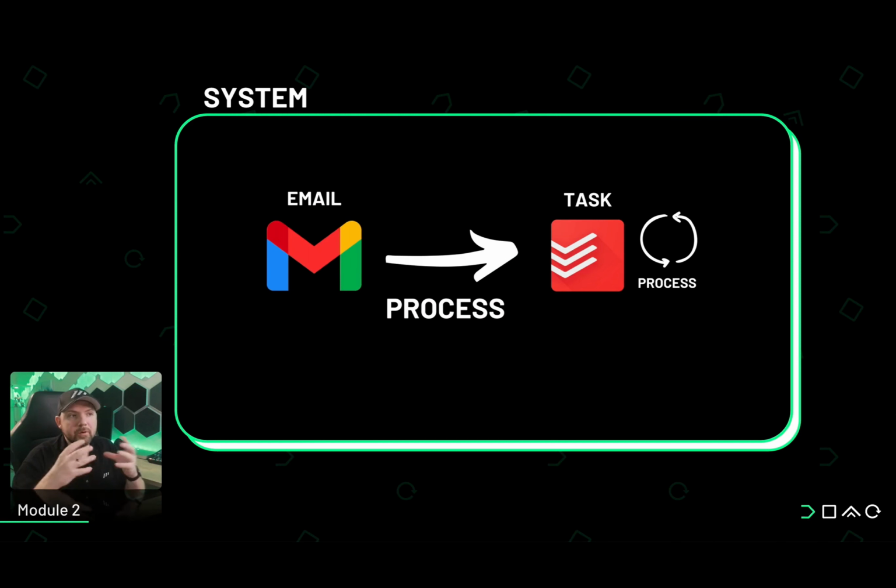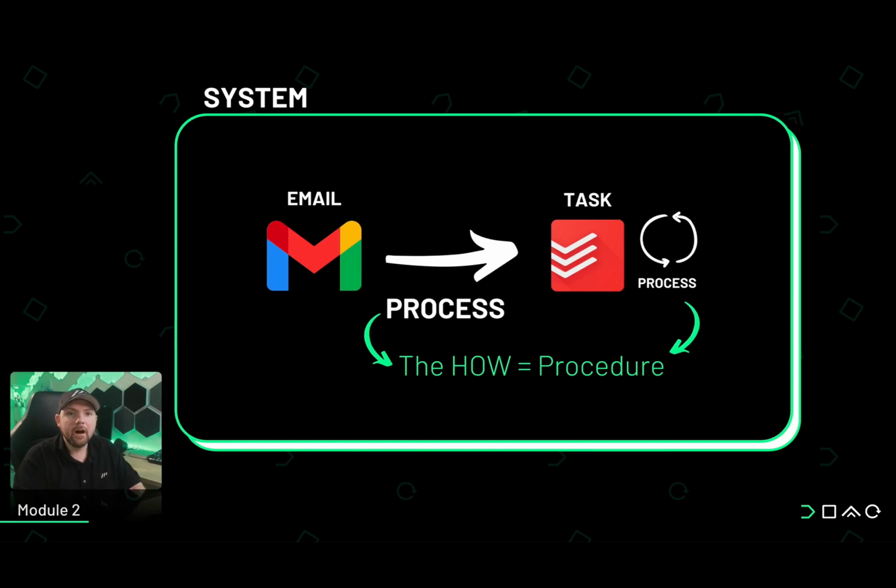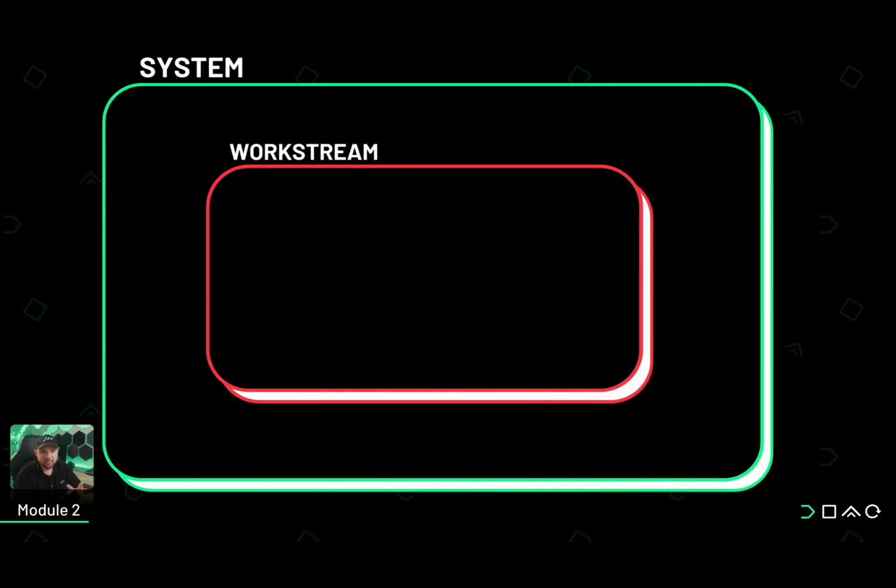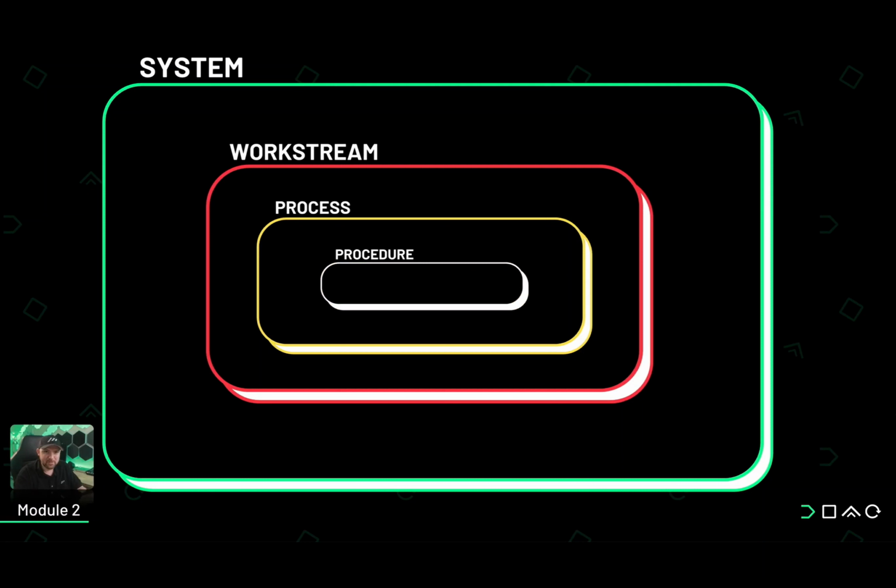Now we talked about systems, the work streams, and the processes. Process is doing it, but then we have the how, the procedure. So we need to define how a process is carried out. Maybe you already heard of it? It's standard operating procedures. This is something also that we will talk about in other modules in more detail. But for now, this is all you need to understand. You have a system, you have a work stream, you have a process, and you have a procedure, and it's